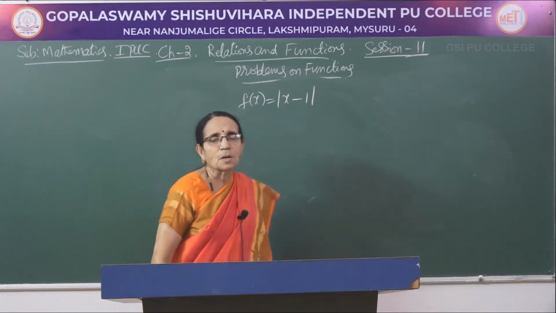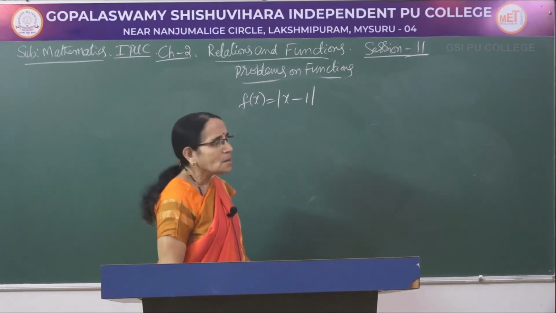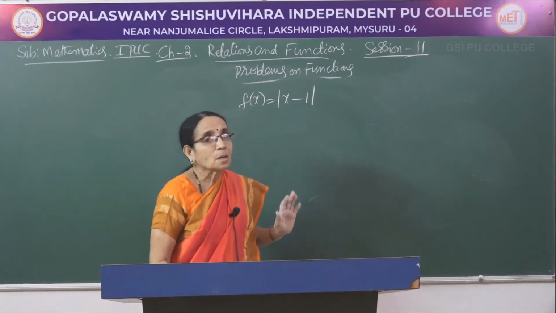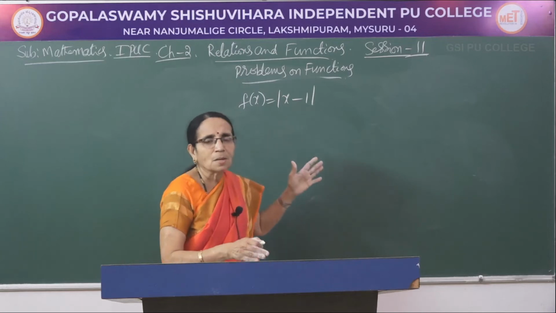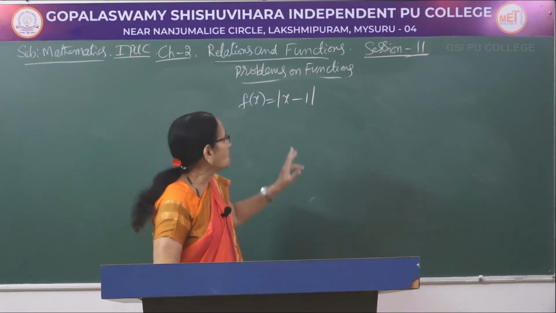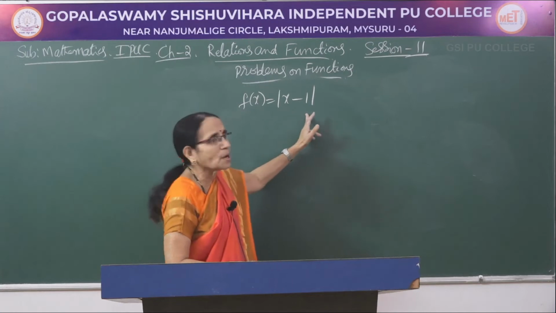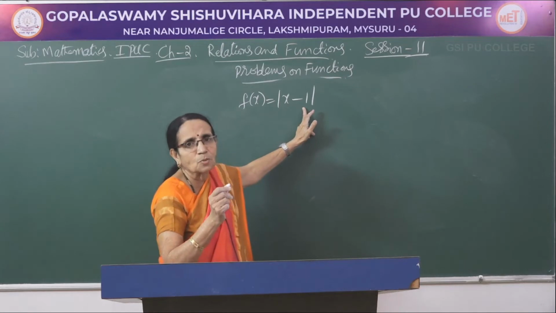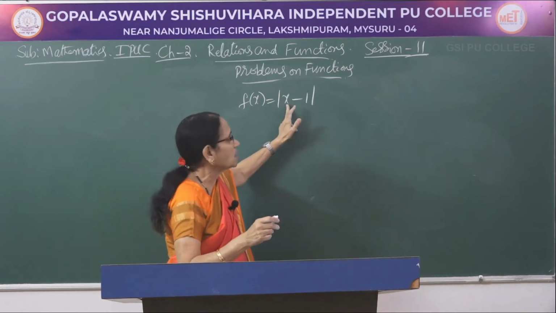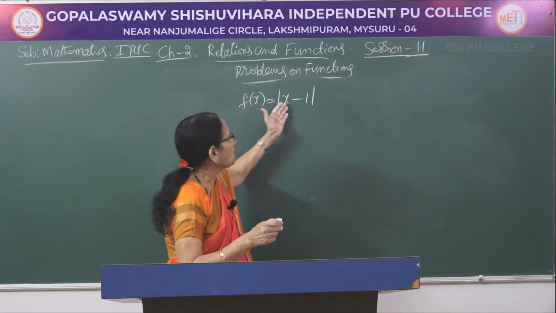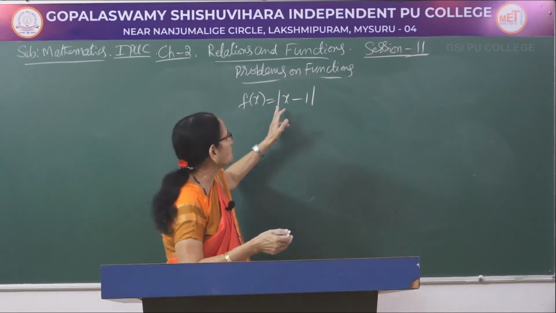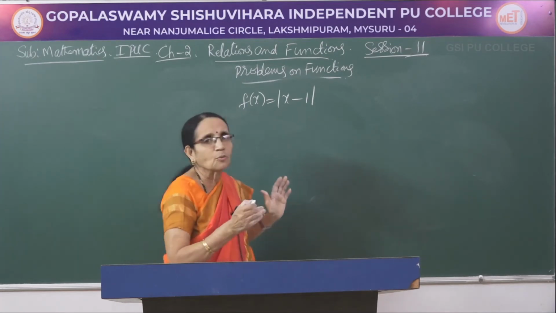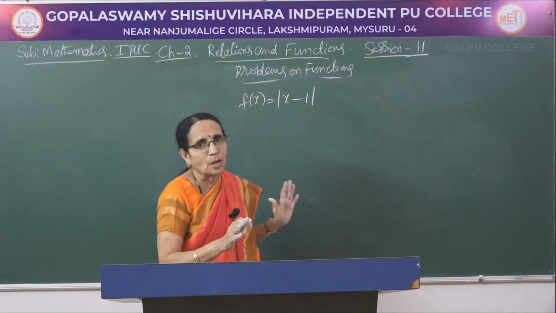This is the function that is given, f of x equal to modulus of x minus 1. Let us see what value you can give here. Again, any real value. In the previous one we had the minus sign, even then the domain was the set of the real numbers. But here also it is modulus of x minus 1. You give x any value. If you give 0, modulus of minus 1 would be 1. When you give x equal to 4, 4 minus 1 is 3. If you give x equal to minus 4, minus 4 minus 1 is minus 5. Modulus of minus 5 would be plus 5 only.